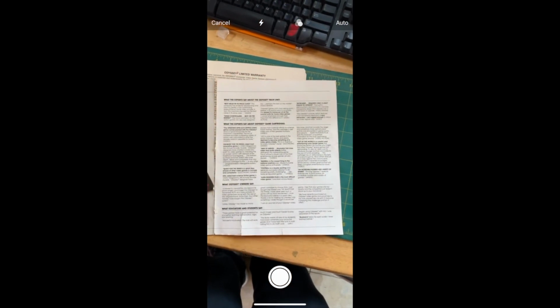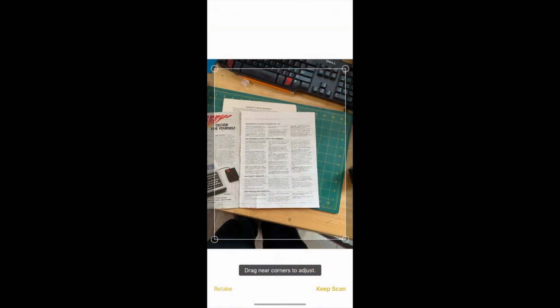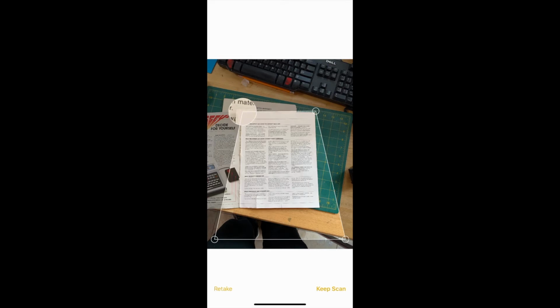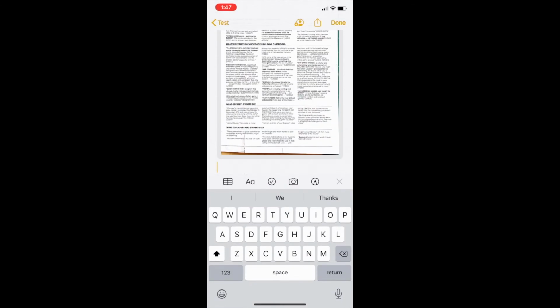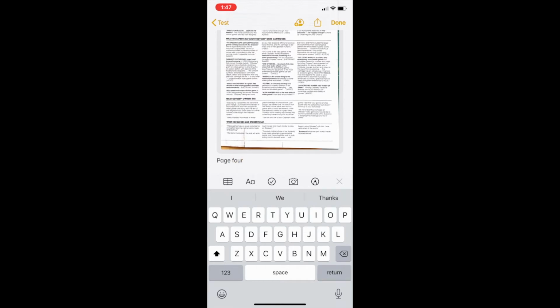Put that one into view, and again, adjust my outline, my edges of what I want to scan. Click Keep Scan, and then make sure you click that Save down at the bottom, and it puts it in my note. And I make my final page, page 4, or you can call it Scan 4, whatever you want